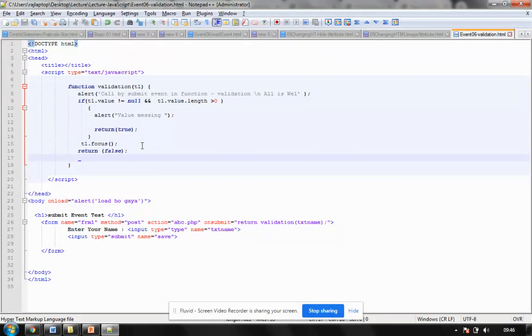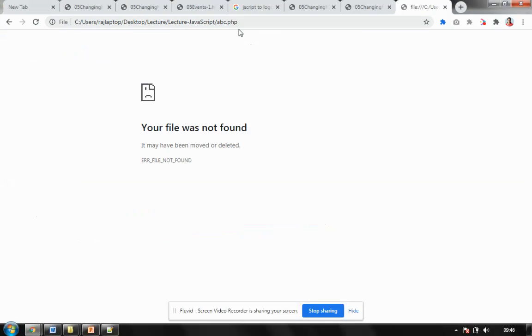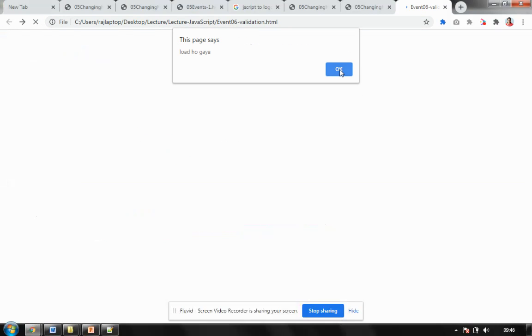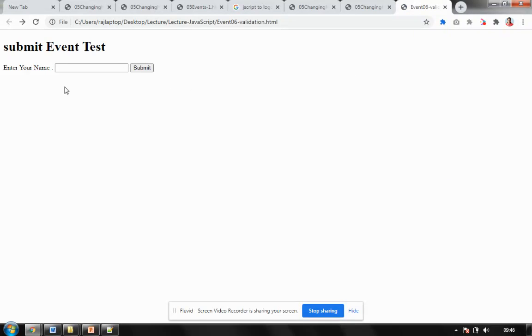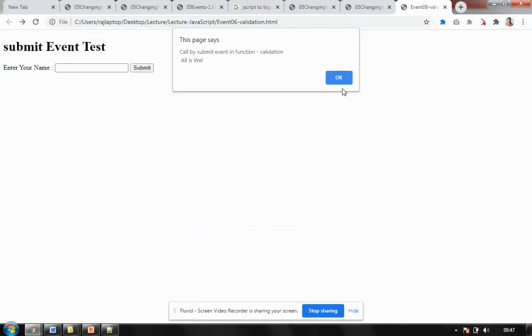So if I refresh the code again, the form is loaded now. Oh, this is not the program. I have to come back. Form is loaded here. I refresh this. I'm not entering anything. I'm just clicking on submit button. See, it is showing form load, validation is started. That is the first statement. This is the other statement. And when I execute this other statement, it goes to the next part. I click on OK. It goes to the second part. My cursor is back here, and it has a return false value.